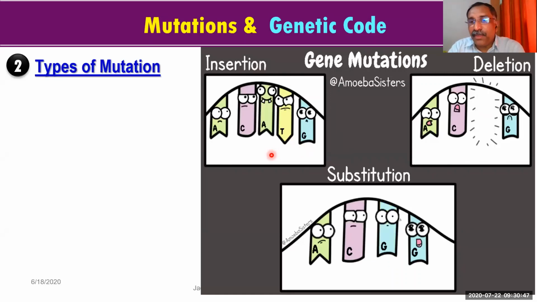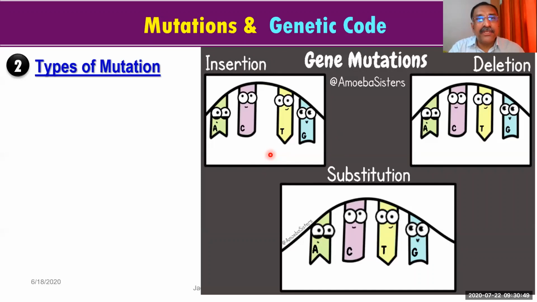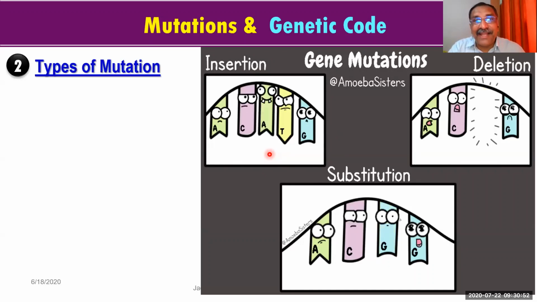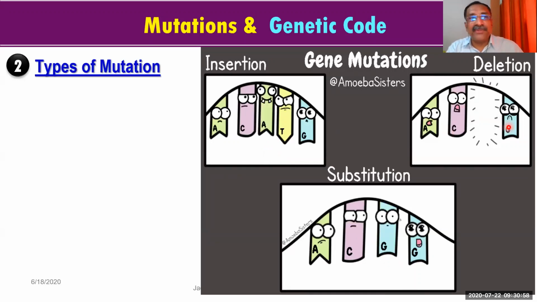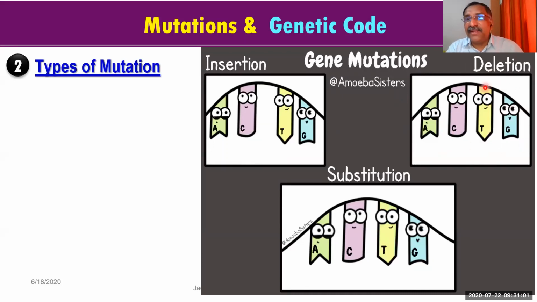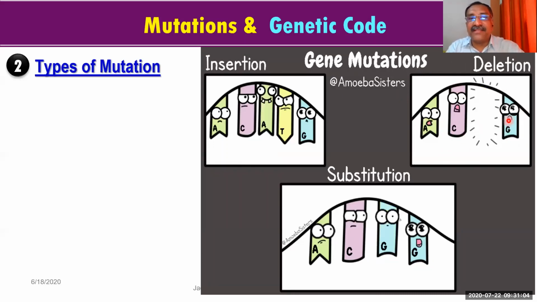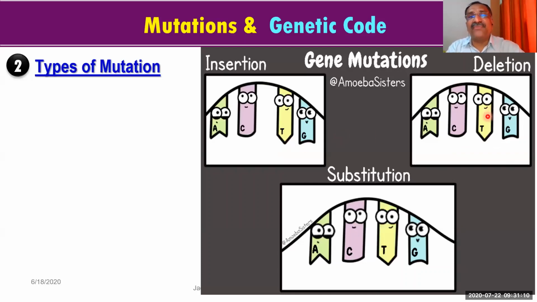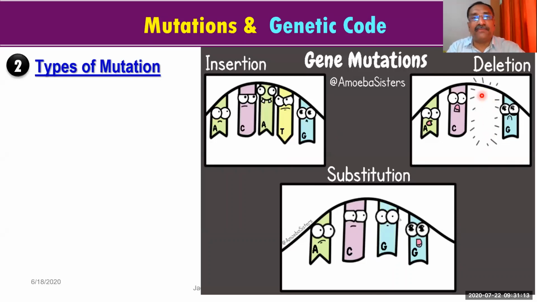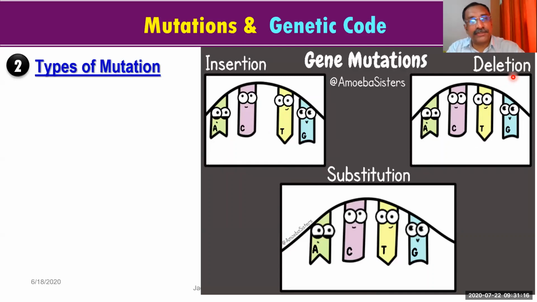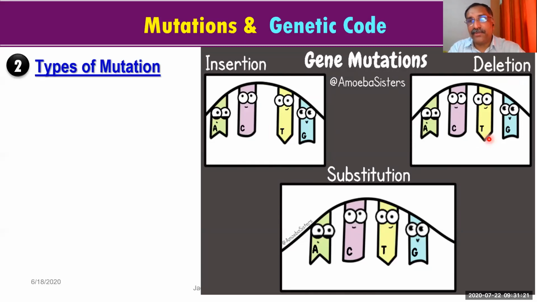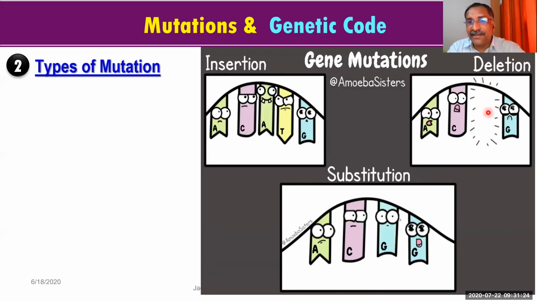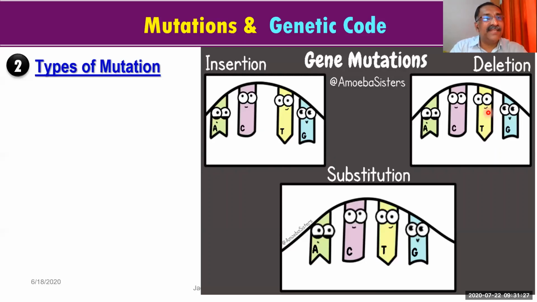Addition of nitrogen base. So already there is a sequence. Into that sequence, we are adding an additional one. So that is what is called insertion. Now here look at second picture. In this picture, what you can see, 4 nitrogen bases are there. The thymine, that thymine we are removing from there. This is removed from there, disappeared from there, then it is called deletion. Okay, so we deleted this nitrogen base. So when it is getting deleted, it is also known as a type of mutation.